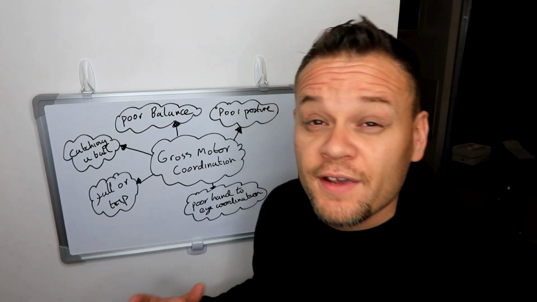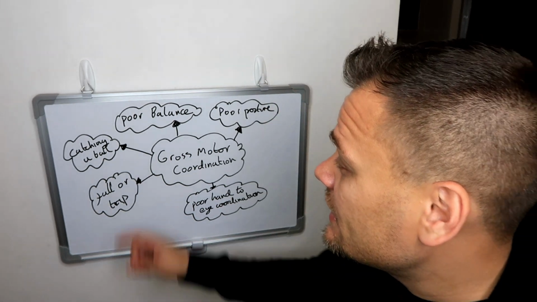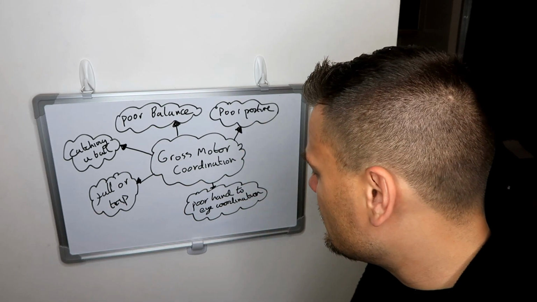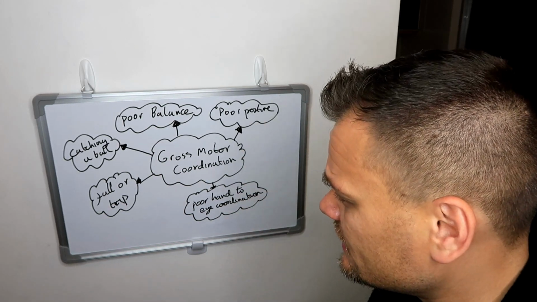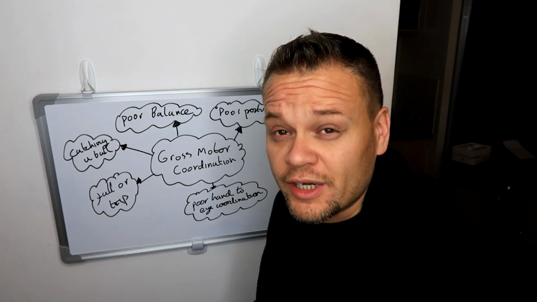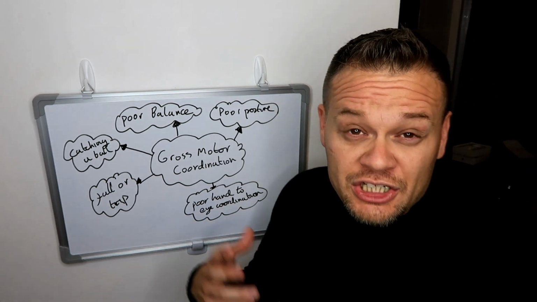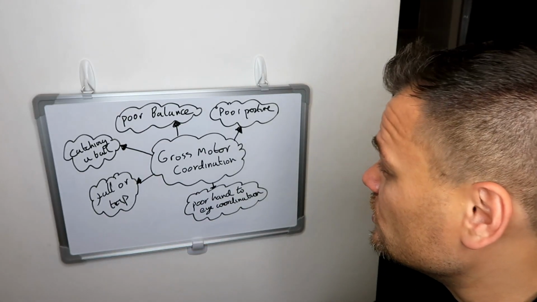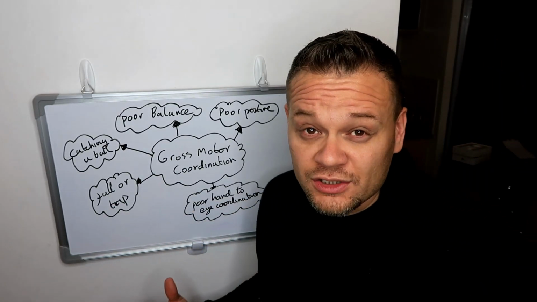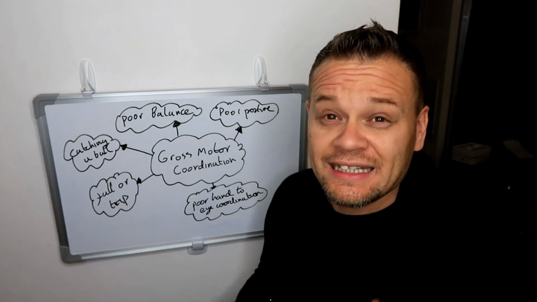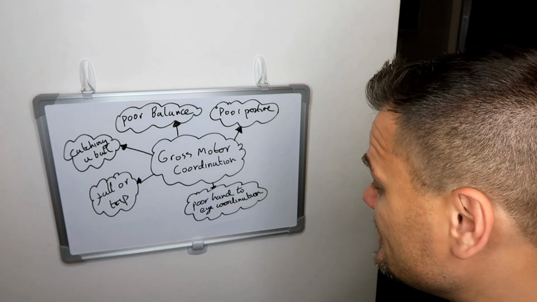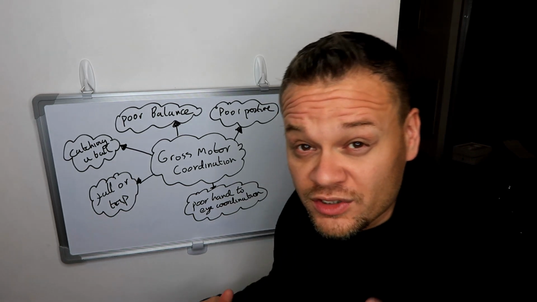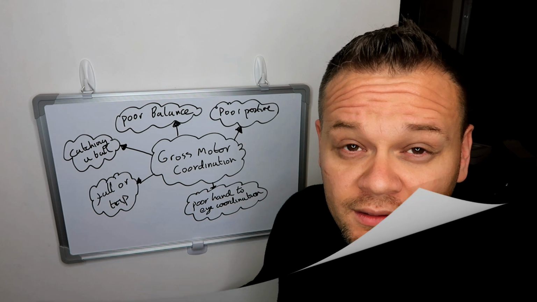Well, we're referring to various elements such as difficulty catching a ball, poor balance, poor posture, poor hand-to-eye coordination, and the tendency to fall or trip. So basically you could say Jack has dyspraxia and he has difficulty catching a ball and he has poor balance. Or Sally has dyspraxia and this is evident because she has poor hand-to-eye coordination and she's always struggling with falling or tripping over.